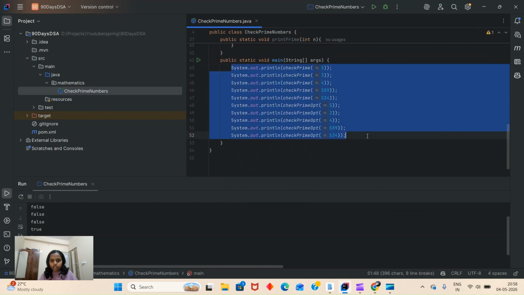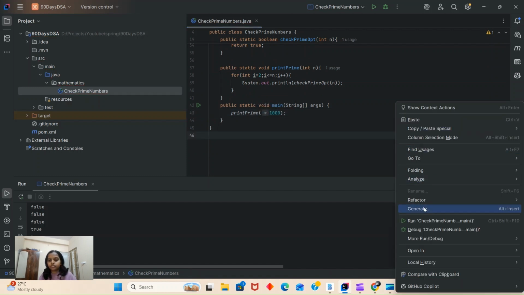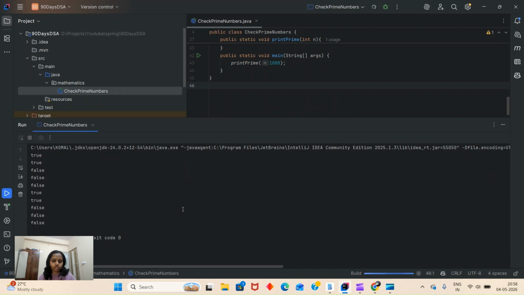Let me remove this. In main I'll pass, let's say, 100 and run this. So we are printing prime numbers between 1 and 100.